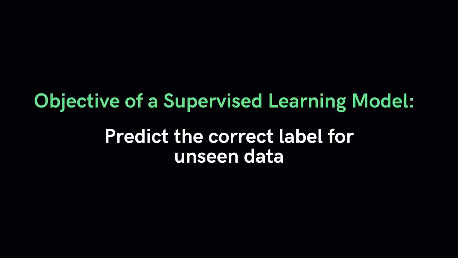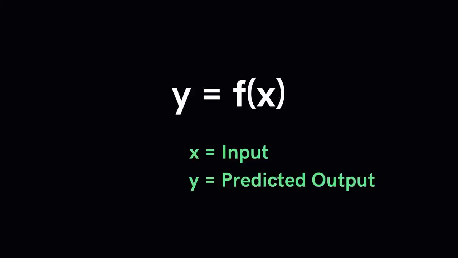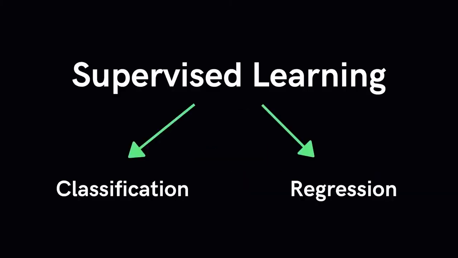At its most basic form, a supervised learning algorithm can simply be written as y = f(x), where y is the predicted output that is determined by a mapping function that assigns a class to an input value x. The function used to connect input features to a predicted output is created by the machine learning model during training. Supervised learning can be split into two subcategories: classification and regression.